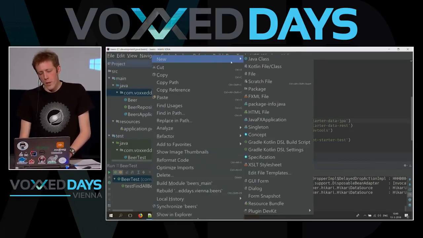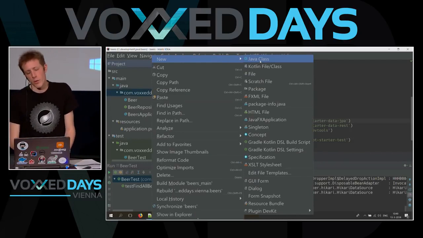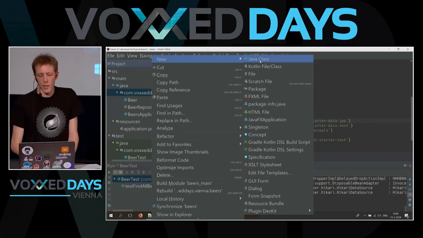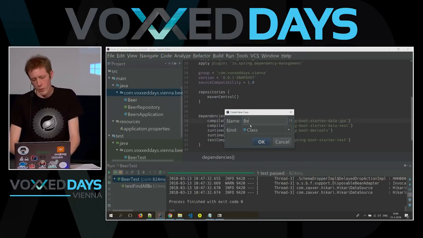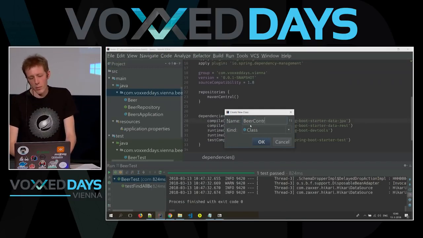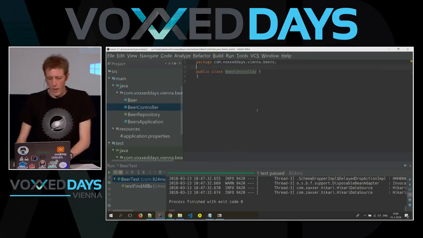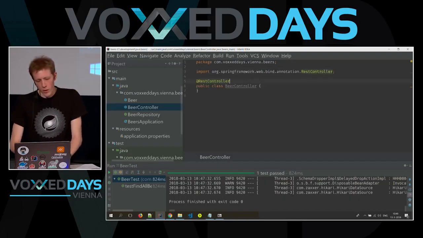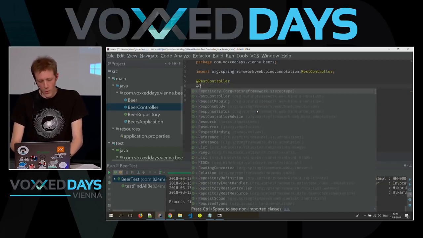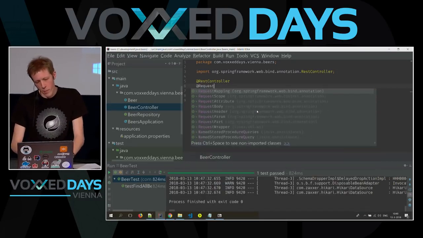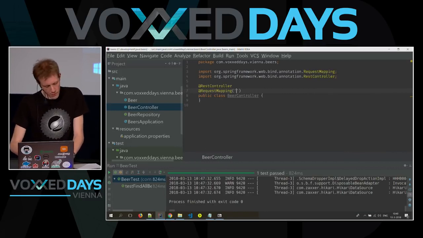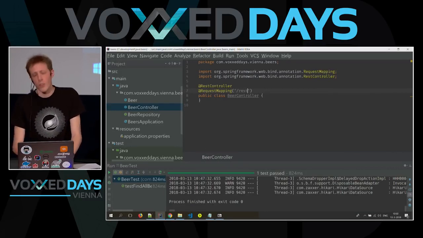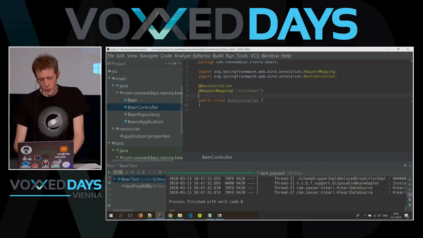Now, if we're building a big Spring application, we would create a service right now and a controller. This is a very small one, so I'm just creating a controller. It will actually just be a few one-liners. So if you're building a big one, please build a service later. But I'm not going to do it this time. We'll annotate this one with the REST controller. Also, we need a request mapping. I like to prefix my REST services with REST, and then, for example, beer. But you can, of course, choose your own.